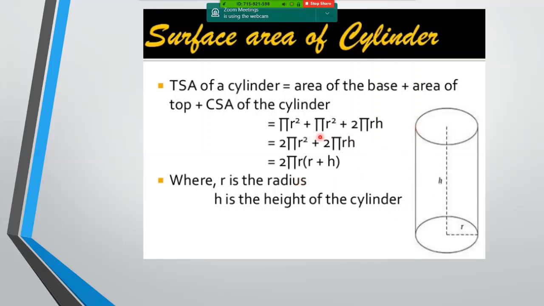Most of the times we are going to utilize either of the formulas or all of it. Ma'am, what is CSA? Curved surface area, also known as lateral surface area, means the sides, the complete circular part. So you can write with a slash that it is also known as the lateral surface area of a cylinder too. Please take this down. H and R are always perpendicular to one another.